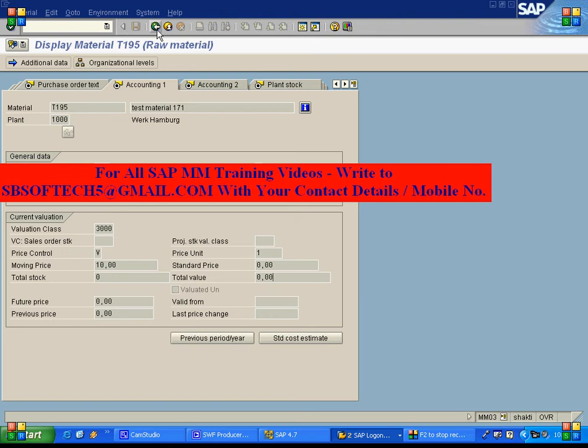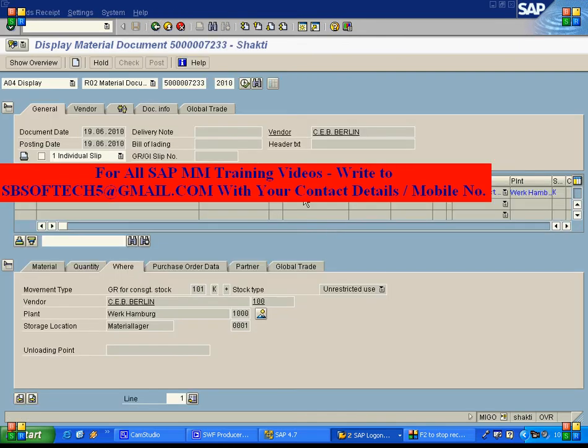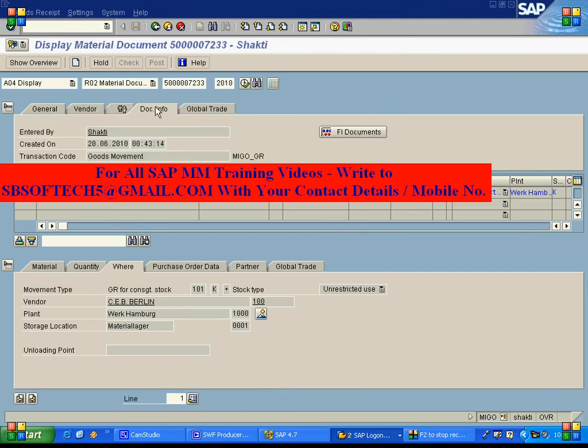So this vendor consignment stock is not owned by us, it is still owned by the vendor, so it is not valuated in our inventory. If you check this document info tab and try to look out for the FI document, no subsequent documents are found in accounting. It means for the consignment goods receipt there is no FI document posted, no material valuation, no inventory posting.